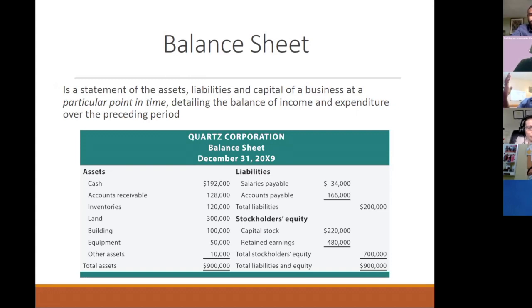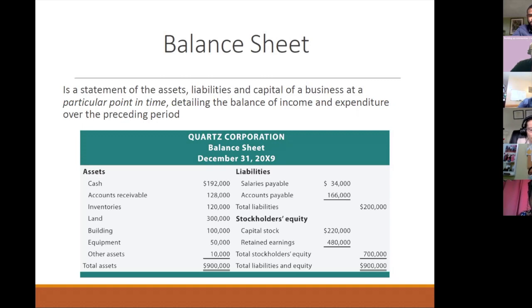So you look at your assets, which you spoke about, right? You have cash, you have accounts receivable, you have inventory, you have land, building, equipment, and other assets, right? So remember that cash is a chart of account. You need to set up all these chart of accounts for your books, based on, as I already spoke about, the nature of your company. Now you realize that total assets is 900,000.